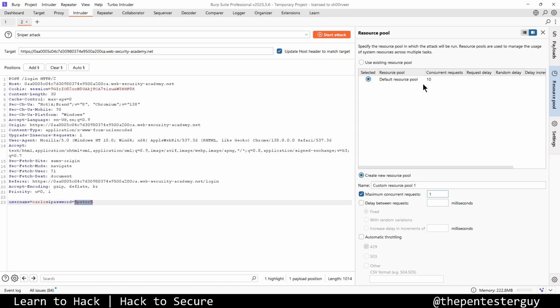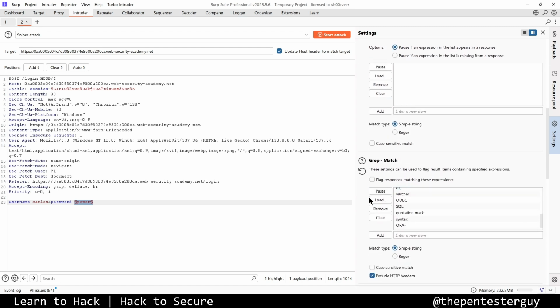If you set more than one concurrent request, no matter how you apply or configure the macro, or even in the intruder, if you have the list configured in a way that two incorrect credentials for Carlos and one again for Wiener with the correct password, it will not help. The server will get overwhelmed with requests and handle them in that way. So we'll keep one request at a time,